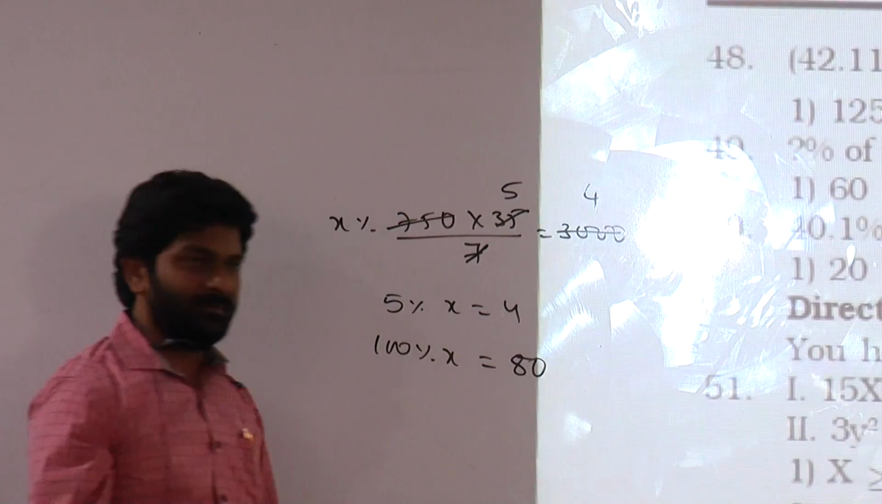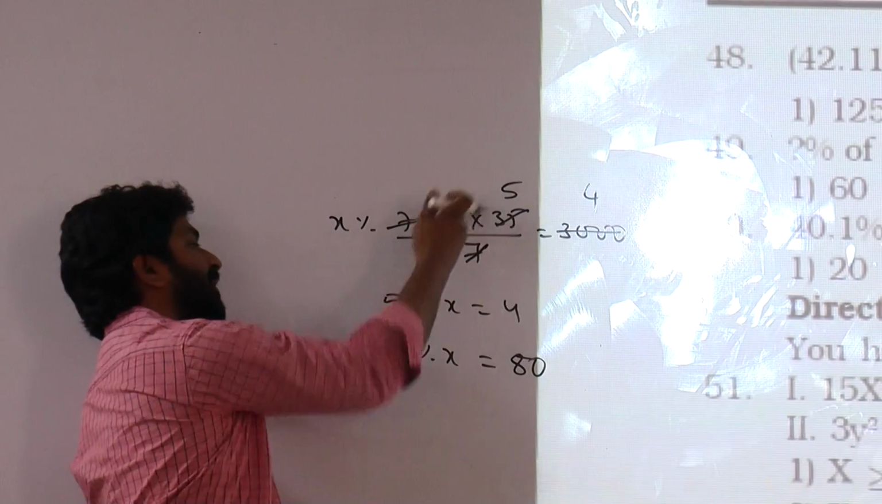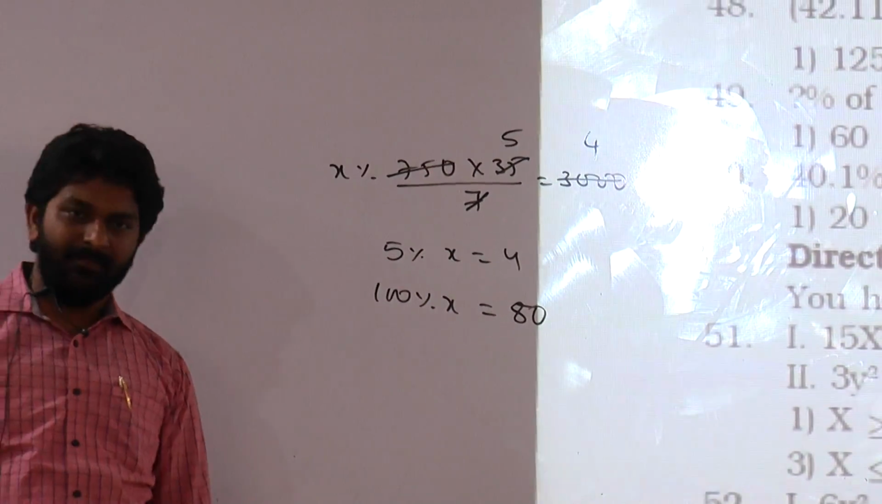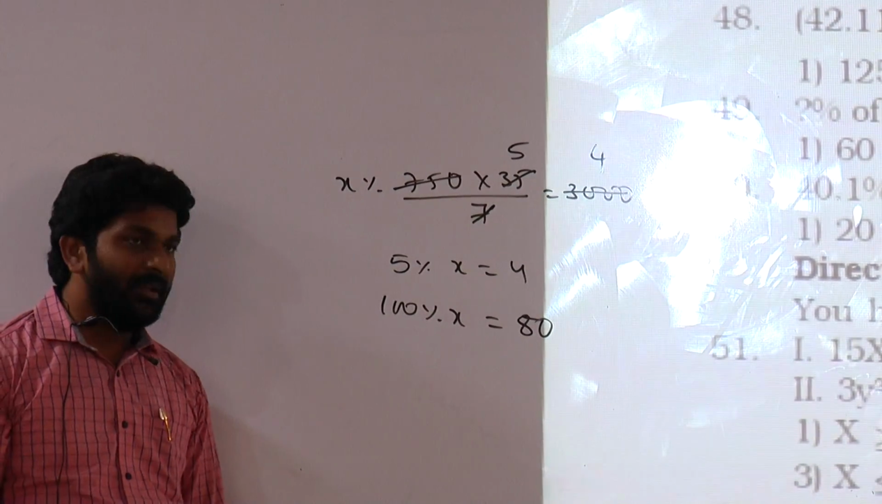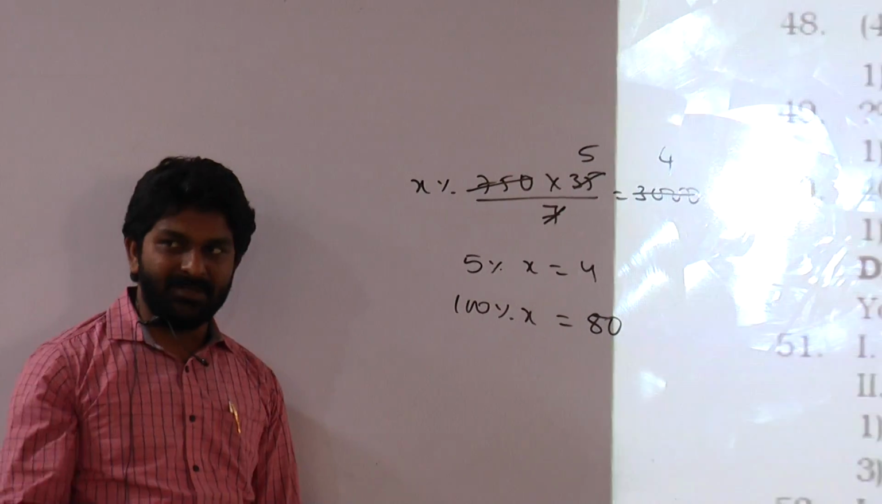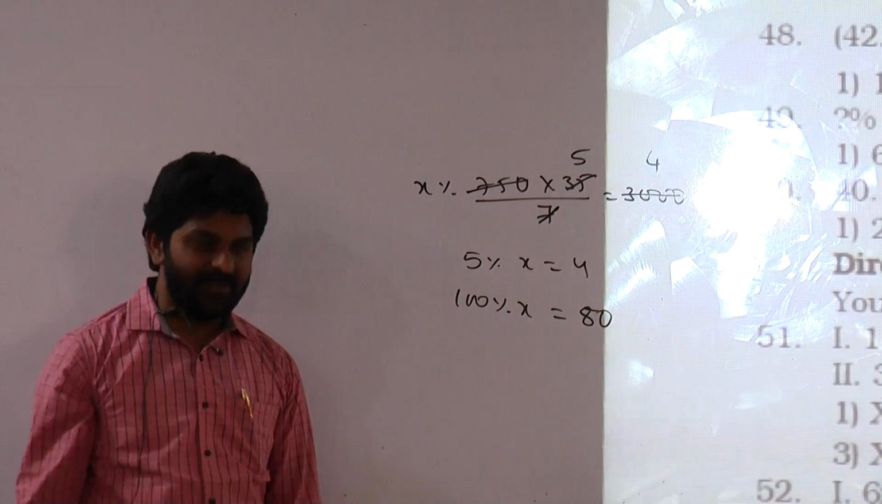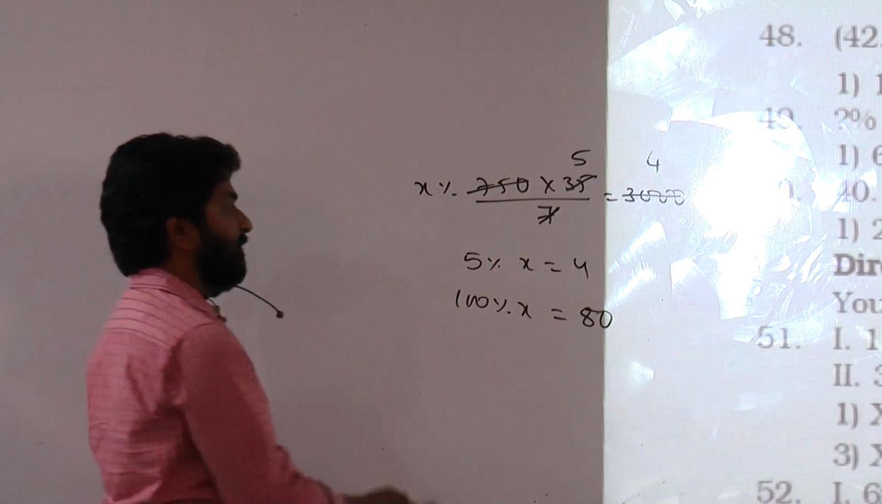80 is the answer. A percent of B or B percent of A, one and the same. 5% of x or x percent of 5, whatever it is. You are asked about x value, which is 100% of x. I can treat x as 1 into x, also 100% of x. Next,